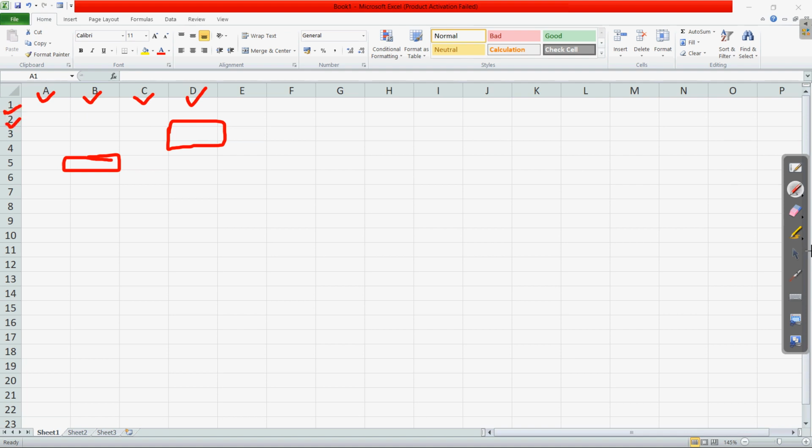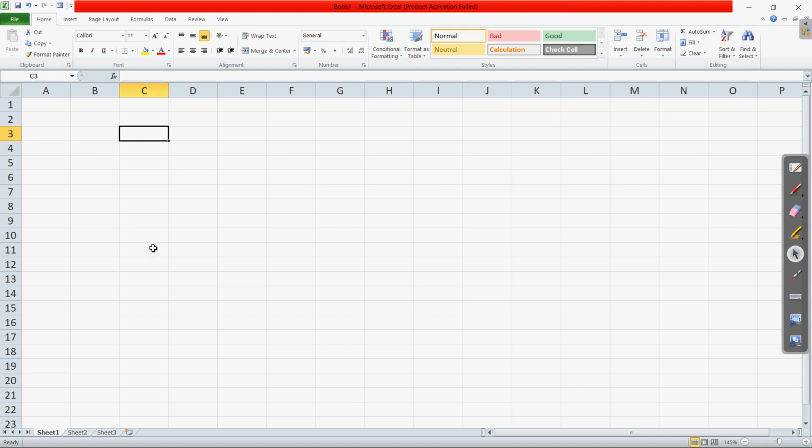Clear? So if we are going to enter the data in any of the cells, then it will have some address. Address basically means the location of that cell. So if suppose I am entering the data, the address of this will be, first we write the column and after that we write the row. So here the address of this will be C and the row is 3. So C3 will be the address of this. The same also appears here in the name box or the address box, you can say.